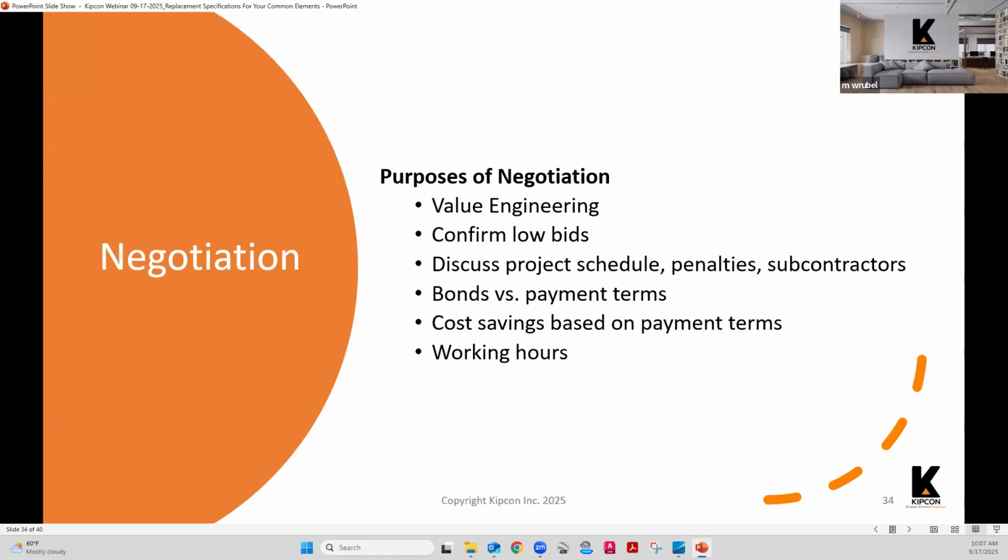So again, I mentioned value engineering. I'll give you an example. We issued an RFP about a year or two ago for a project in an older community where the walkways, the ground had moved around just from landscaping equipment driving over years and years, to put in some drainage. In some areas, there were some